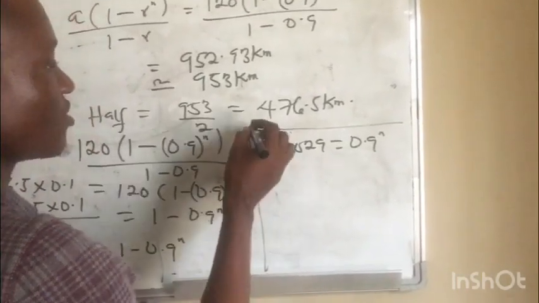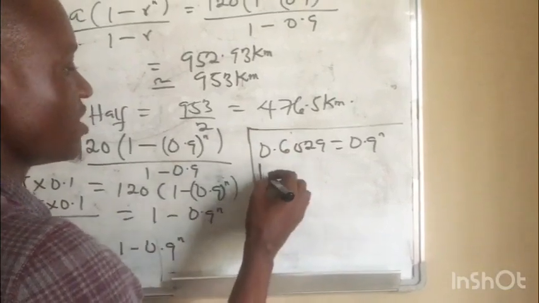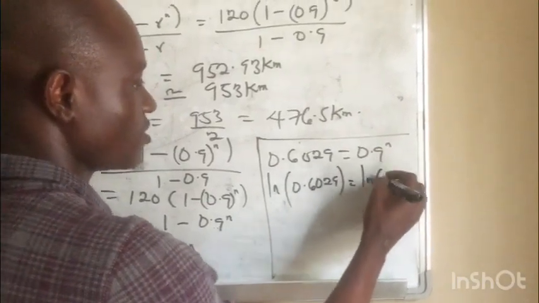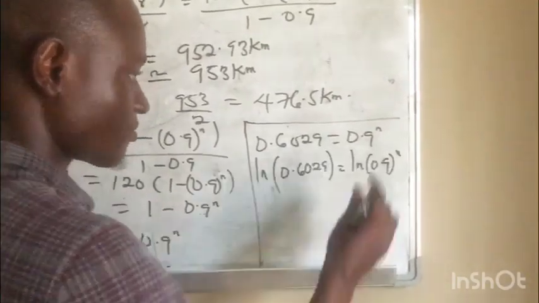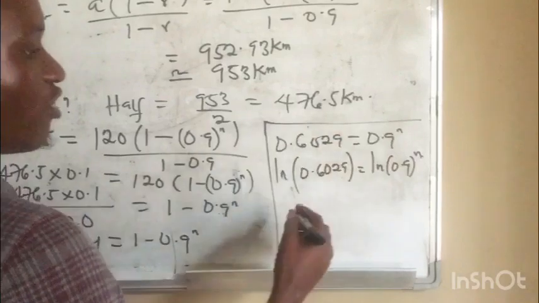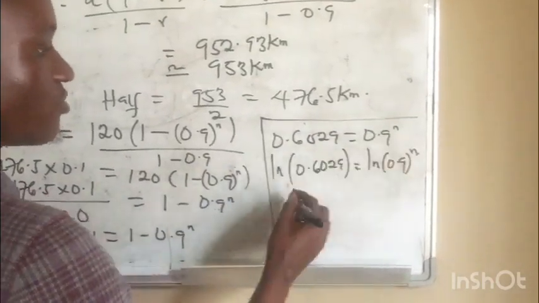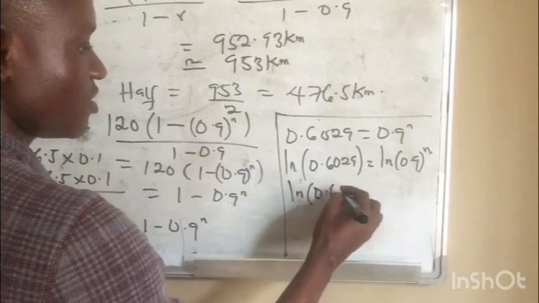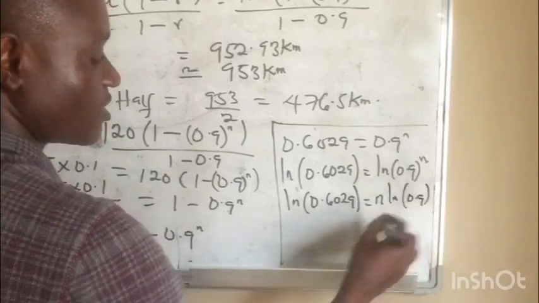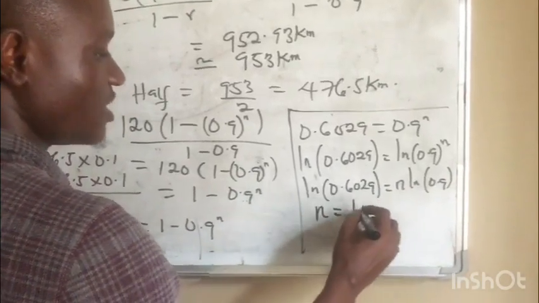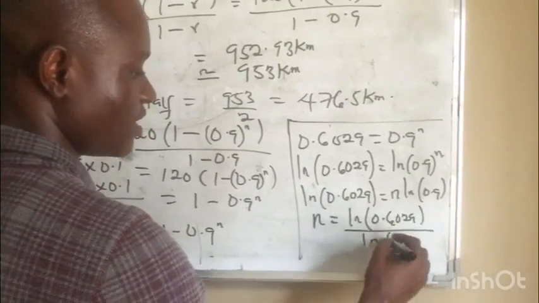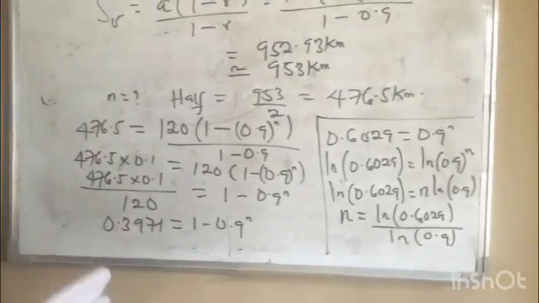And what's our natural log? The same thing, we ln both sides. We say ln in bracket 0.6029 equals ln 0.9 raised to power N. So by the law of logs, this power will come down, and that means ln in bracket 0.6029 equals N ln 0.9. That means my N here will just be ln in bracket 0.6029 divided by ln 0.9. Now if we press our calculator for this,